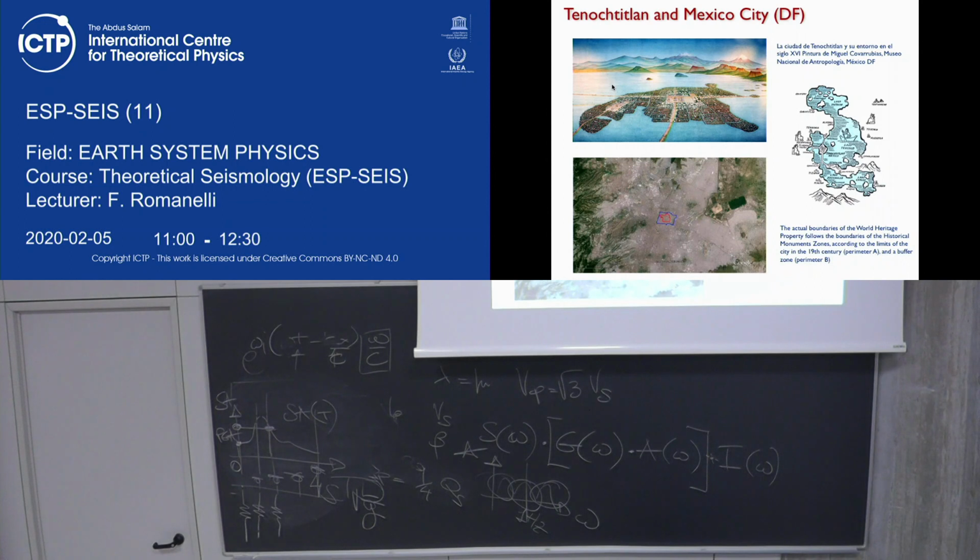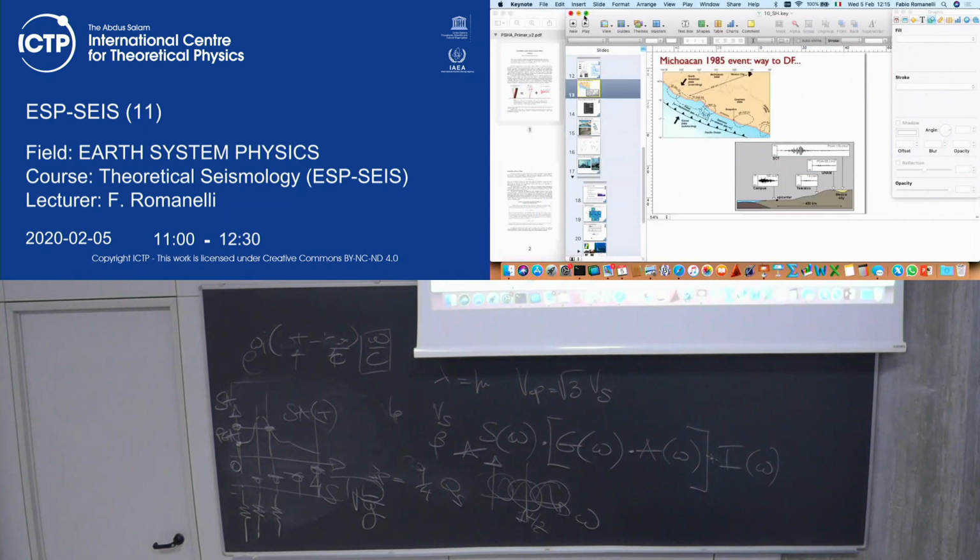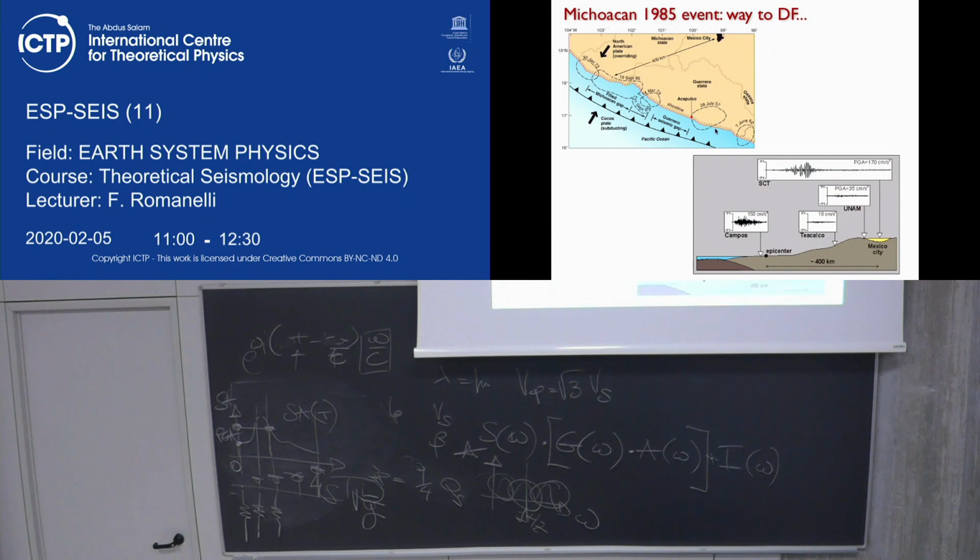But in 1,000 years, refilling that part was creating a place where you can build things, but on soft soils. So actually, the new part, you see all this zone here, is built on soft sediments. And what occurred there was that the motion coming from Michoacan, let me show it to you, the source was here, 400 kilometers from there, and the motion was like that at the source, and you have seen the signals.